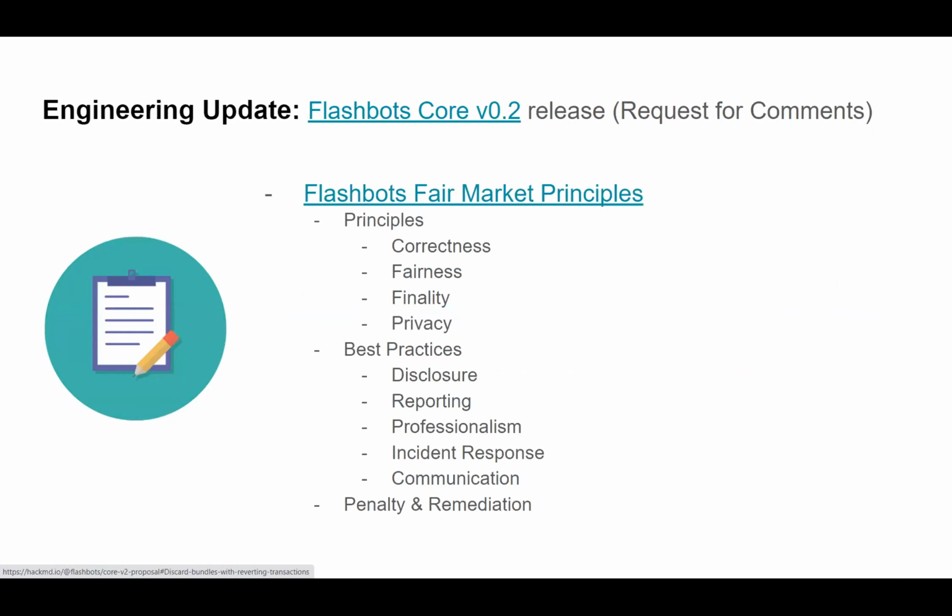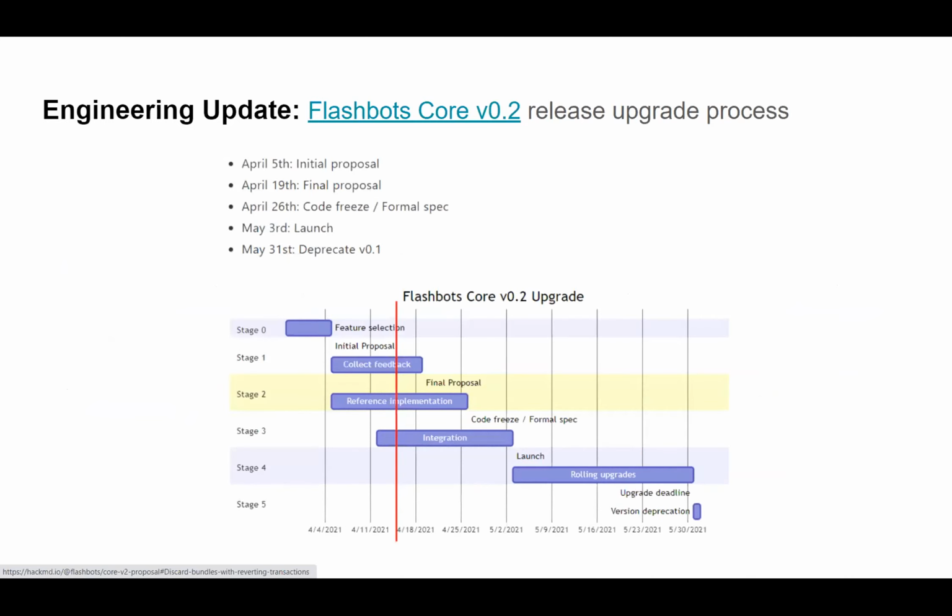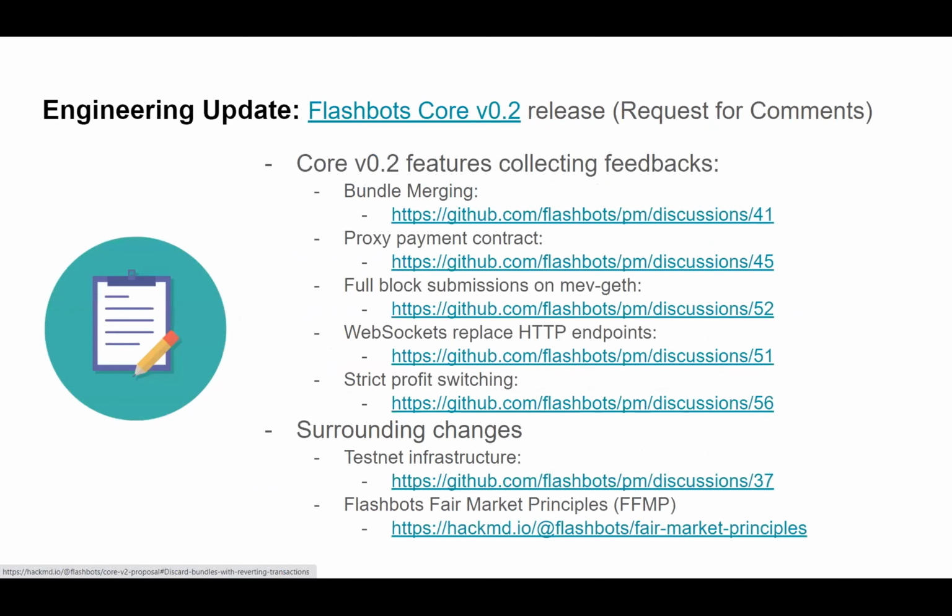So we released them as a pre-release so that the miners had a chance to upgrade to those early. And it shouldn't have any consequences for searchers. It should just improve their guarantees. But the remaining features, we likely won't release them until the end of the month. So we're still collecting feedback on these. We'd love for you guys to come engage with us on the discussion boards and tell us what we should build and how. So that pretty much covers it, I think, on the engineering side. So Tina, I'll pass it back to you.